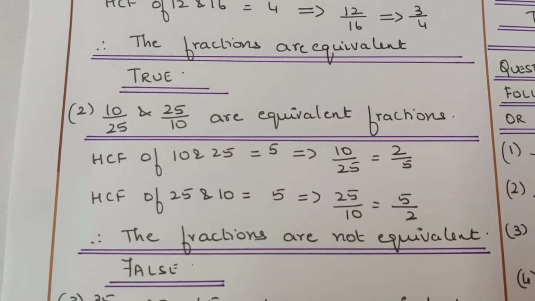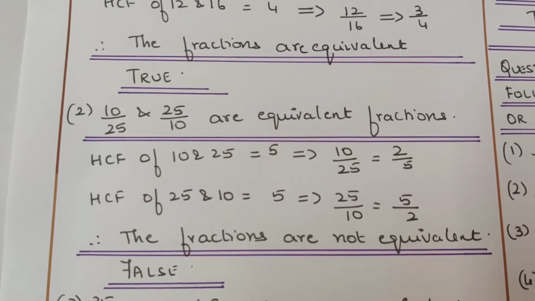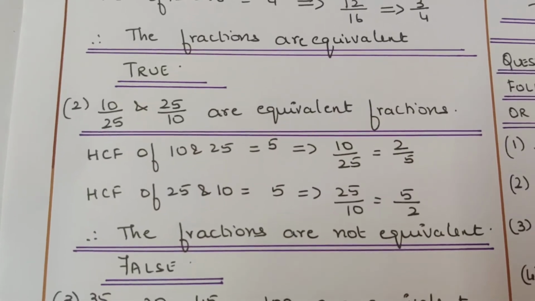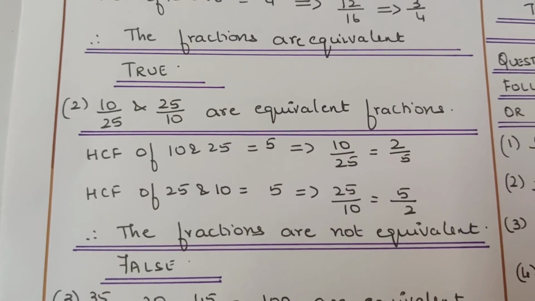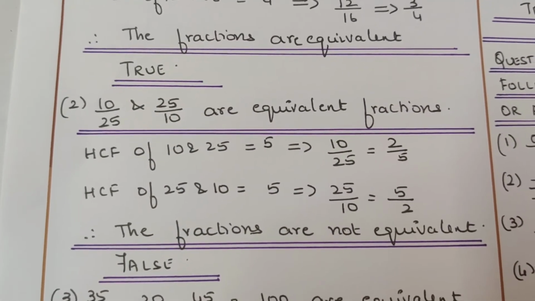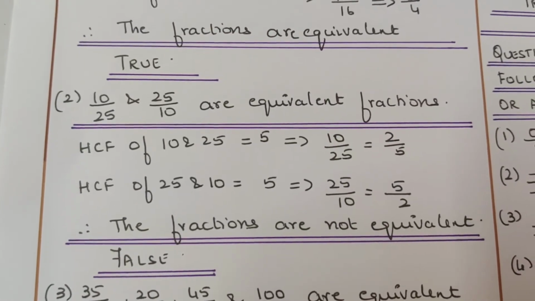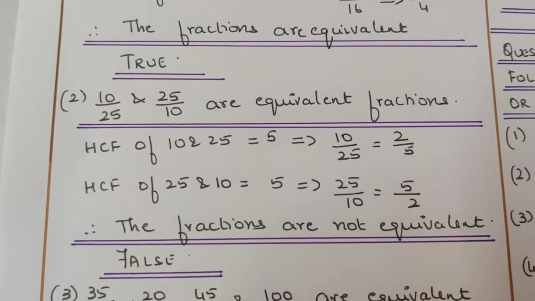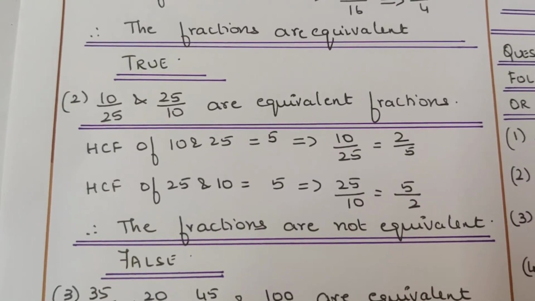The HCF of 25 and 10 is also 5. You divide 25, that's the numerator, by 5, and 10 also by 5. The lowest term is 5 by 2. But 2 by 5 and 5 by 2 are not equal. Therefore, the fractions are not equivalent. Therefore, the given statement that 10 by 25 and 25 by 10 are equivalent fractions is a